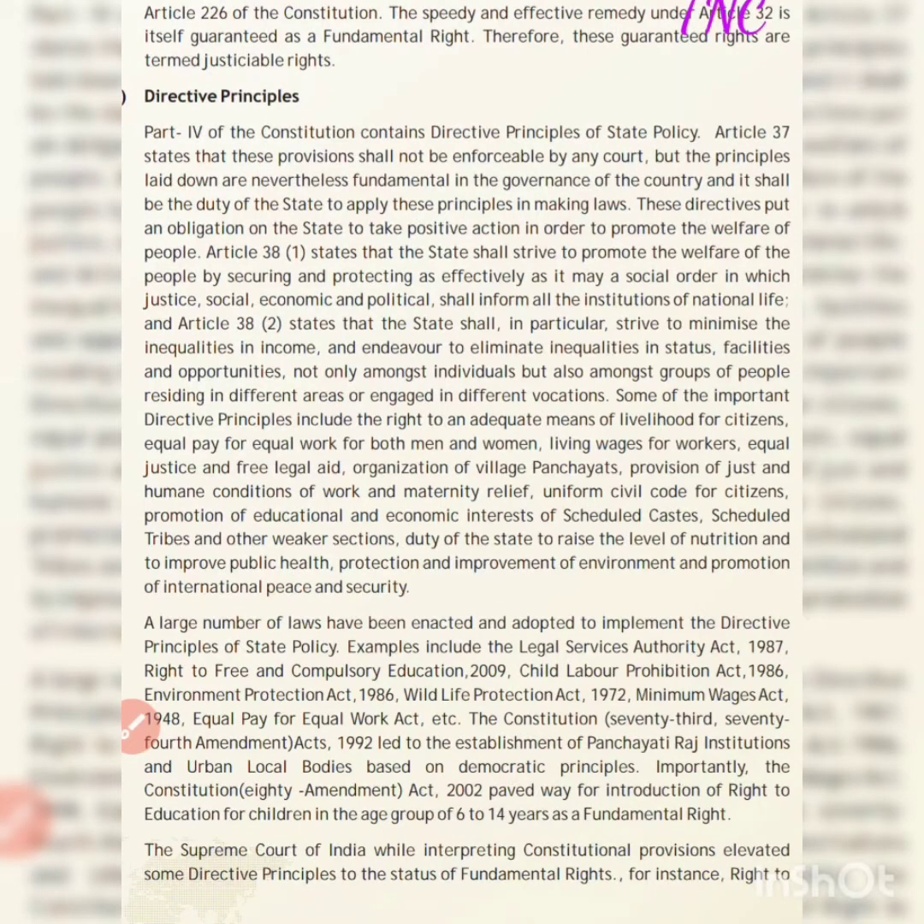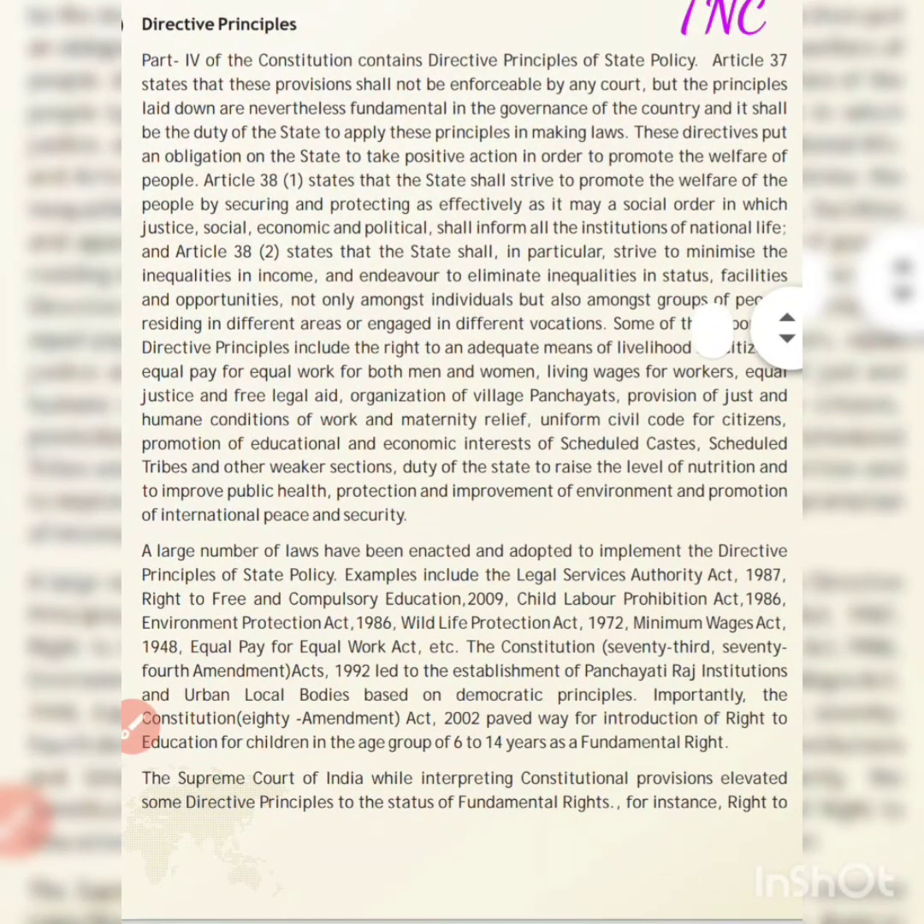Some of the important DPSPs include right to an adequate means of livelihood for citizens, equal pay for equal work for both men and women, as I gave you that example. Men and women employed at the same post but getting different income, that is wrong. There should be equal income for them, and adequate job opportunities should be available for the citizens of the nation to take them up and to have something as a livelihood to survive upon. Living wages for workers, there will be a minimum amount set as a wage to be given to workers, and above that to be provided by the